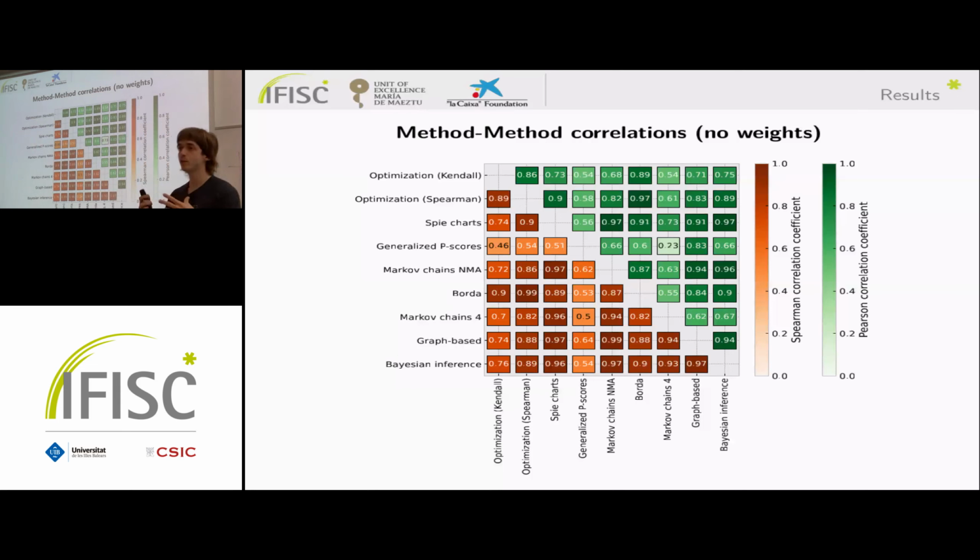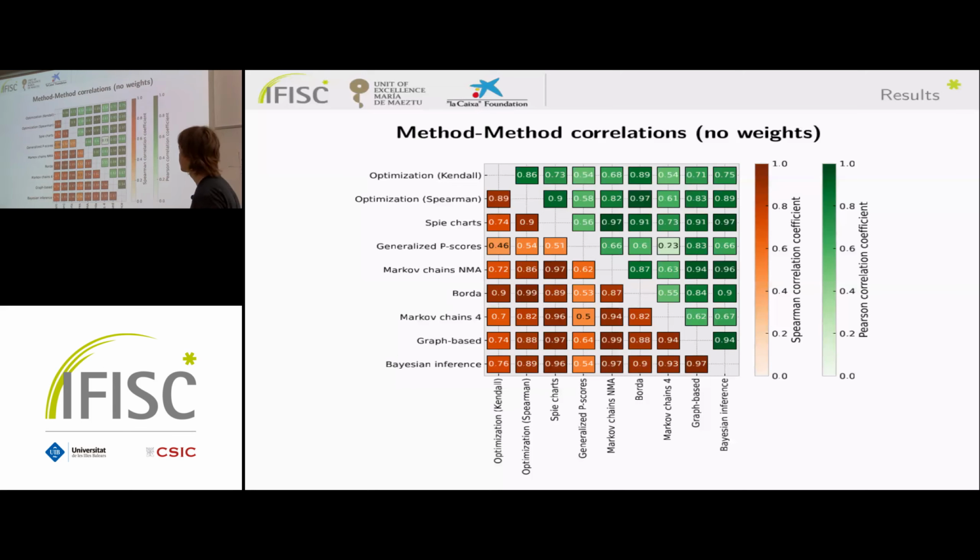Why? Because generalized p-scores, when we do a multivariate analysis, needs to use correlations. It needs to assume some correlation between the variables in the multivariate distribution. Correlation that we don't have because we didn't do the original NMA on this study, because of course this NMA has been done on a paper that doesn't publish the whole set of intermediate results. So we made an assumption with the final results that apparently are not good enough to assume this correlation. So we will need the total set of original data to make this method work 100% correctly and be